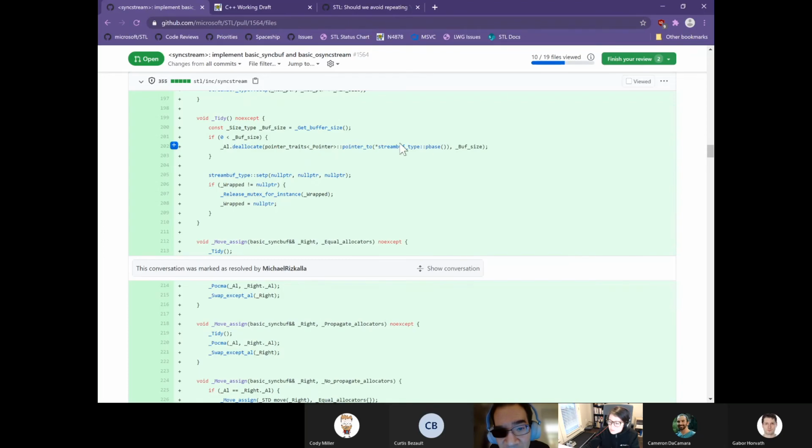So we're going to get the pointer to the base of the buffer, dereference it, and then form pointer to. This is a way of getting a fancy pointer to something that we only have a reference to. So we're converting a raw pointer back to fancy. Now